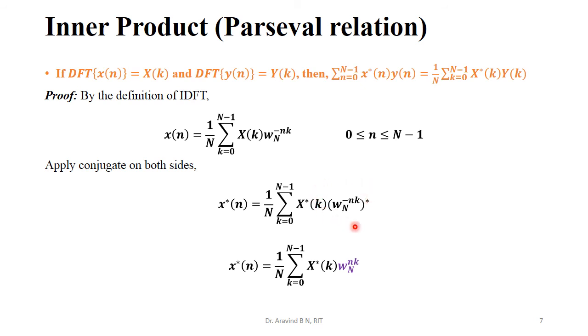It is known that if the conjugate is applied to the twiddle factor, then the sign of the power of the twiddle factor will get inverted. So the negative sign is there, and after applying the complex conjugate, that must become positive. Therefore, in the next expression, keeping the left hand side as it is, on the right hand side we have 1 by N summation k is equal to 0 to N minus 1 X conjugate of k, and the twiddle factor sign has changed. Therefore, it is now omega N to the power nk.